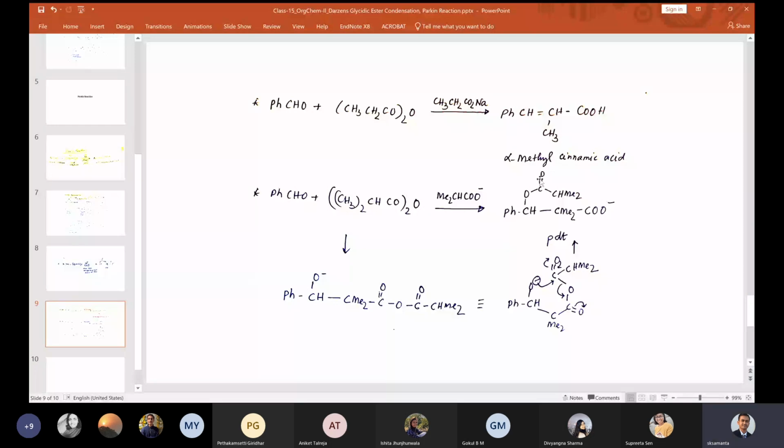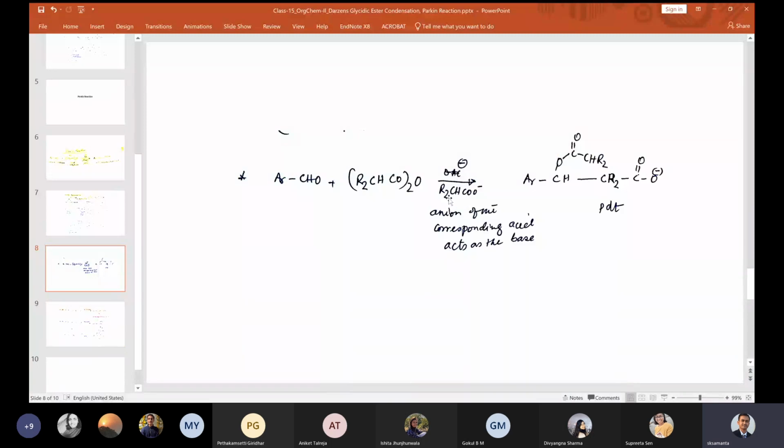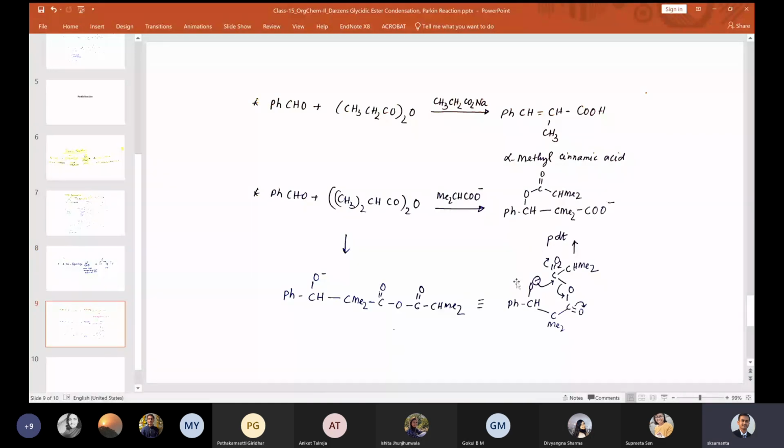So how is it coming here? This negative charge first attacks here, you get this O negative in a cyclic intermediate, and this O negative attacks this carbon center. So this rotates here and this O negative attacks this carbon center, which is this one. So this acyl group now transfers to this O negative, so that this goes on and you get this product. This example is basically the same as this one, a direct proof that acyl transfer takes place in this case.